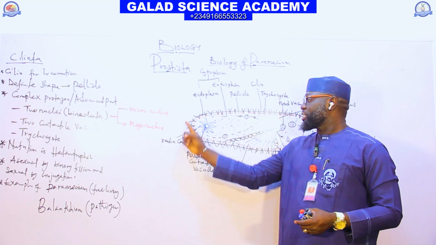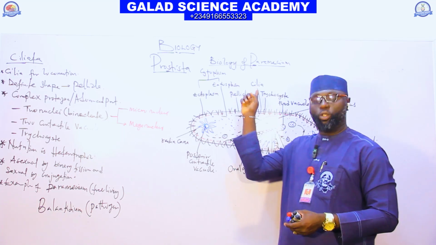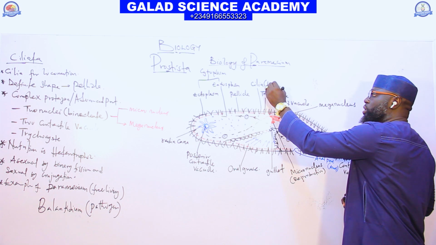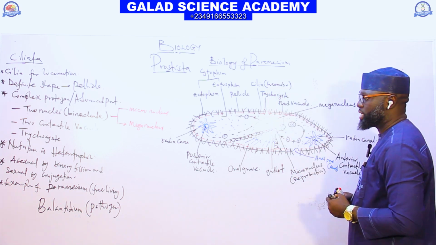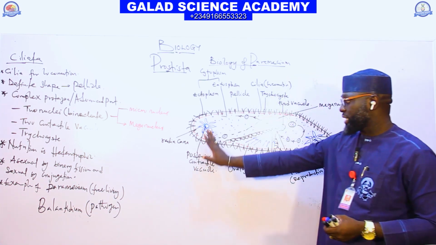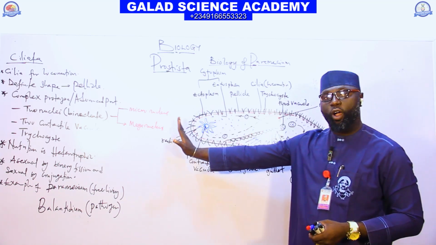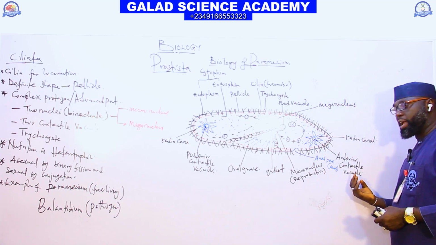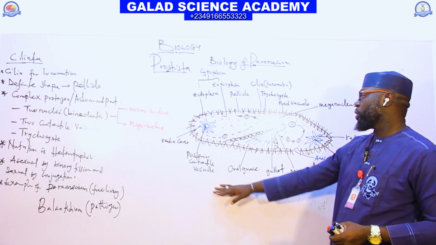And the cilia that surround the entire body of Paramecium are used for locomotion, that is movement. It's also used to swim. And Paramecium has contractile vacuoles at two extreme ends, the posterior end at the back and the anterior end in front. These two contractile vacuoles are used for